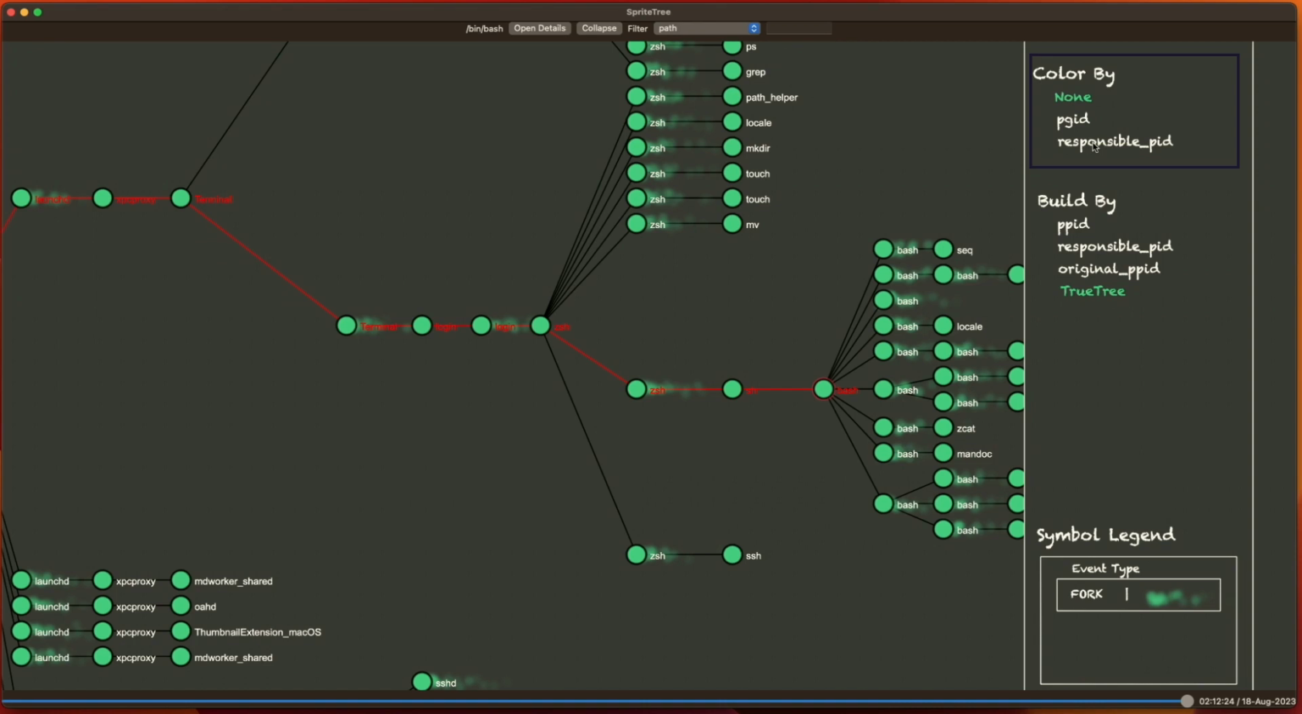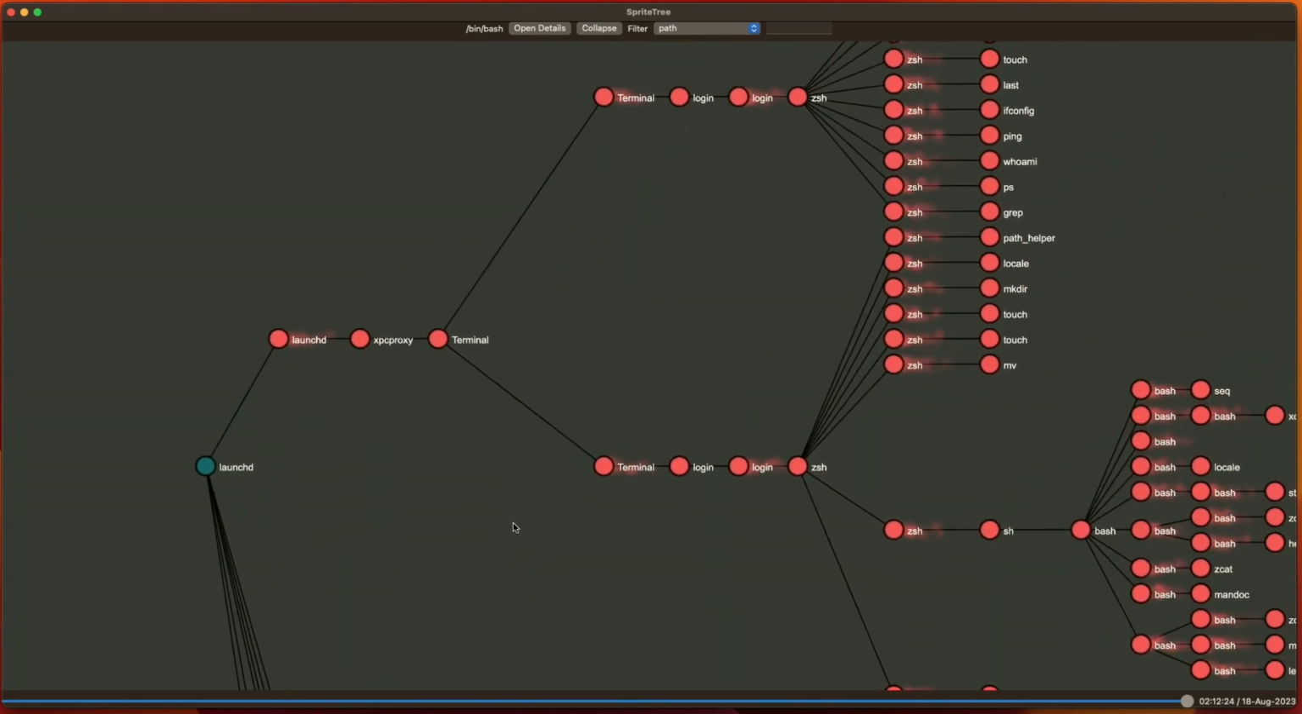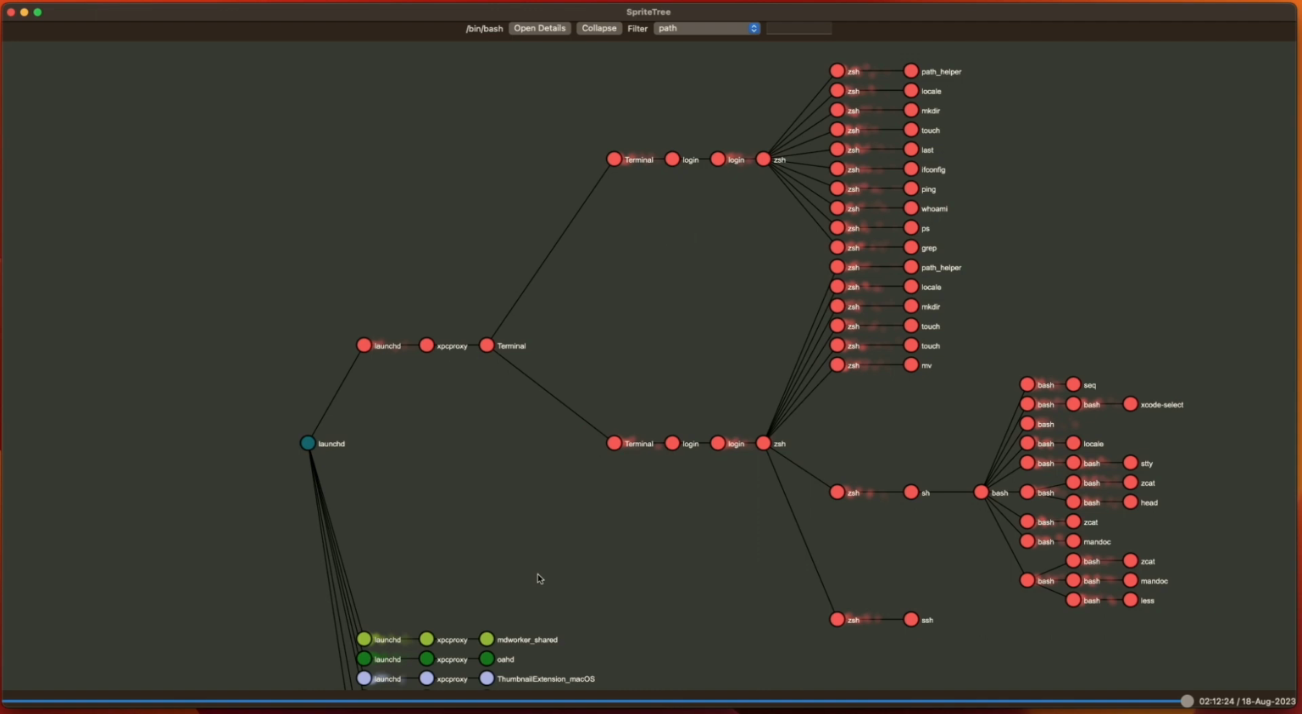So this is helpful in that it allows us to build the tree using a more logical tree layout while coloring the nodes by the responsible process ID. You can think of it as a way to visualize the processes that share various macOS permissions. So for example, here you can see that all processes that ran under the terminal are this